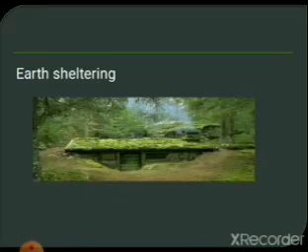Now, earth sheltering. Earth sheltering also plays a very important role. As you can see in this picture, this sort of structure is known as earth sheltering. In today's lifestyle also you will find different types of shelter wherein the upper roof is covered with greenery, or some gardens are there on the roof. That sort of construction is known as earth sheltering. Why are people adopting this? Mainly because, as you know, the atmosphere where human beings are living does not have a constant temperature.